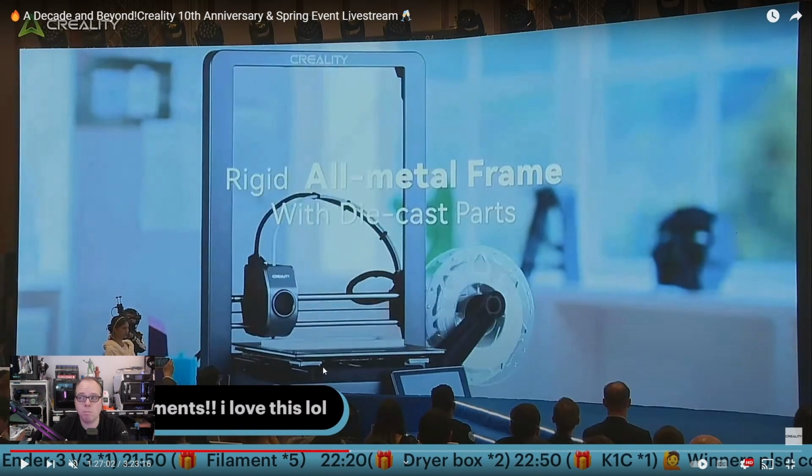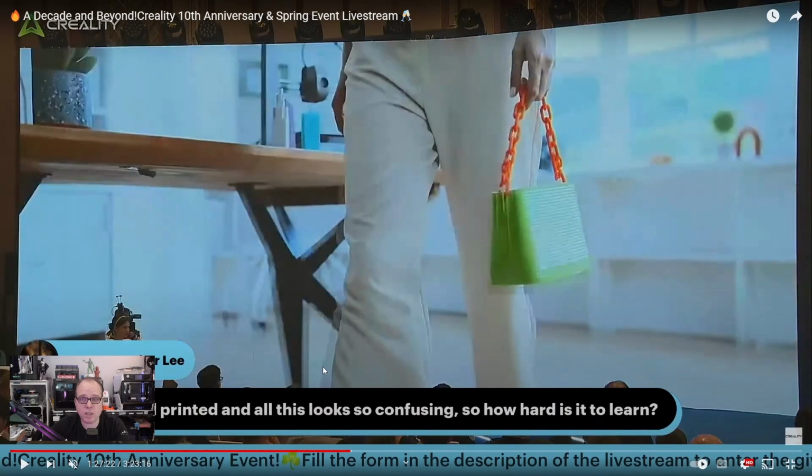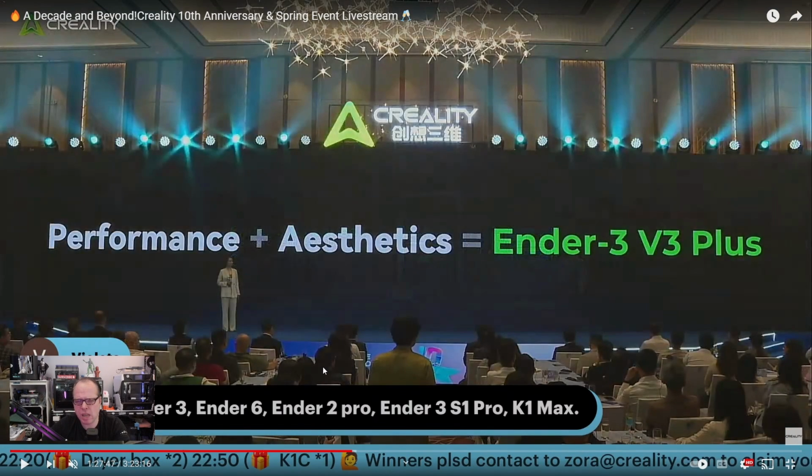Rigid all metal frame with die cast parts. So the frame is very stable. It is all metal, so you don't have to be afraid of parts getting loose or breaking. Yeah, you can actually print a handbag with this 3D printer. I'm not going to say anything crazy right now. I mean, it's kind of cool that you can print your own handbag or man purse, I don't know, but